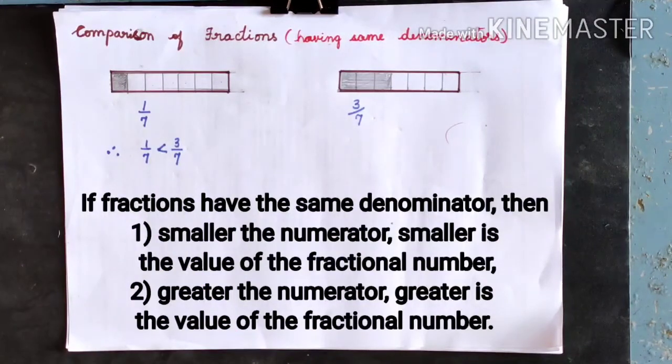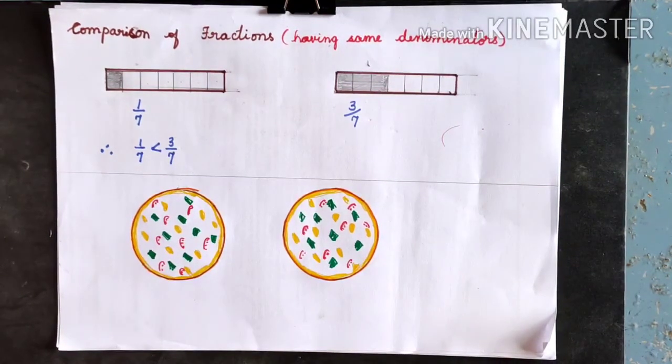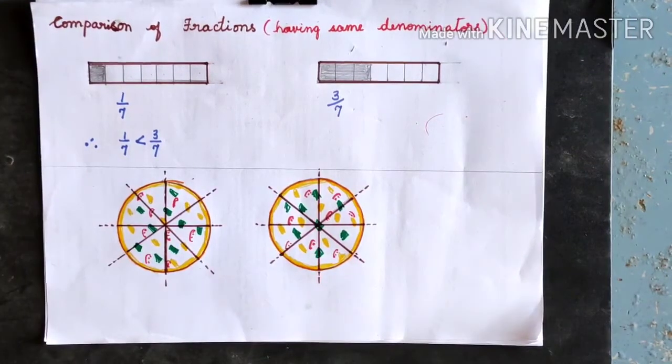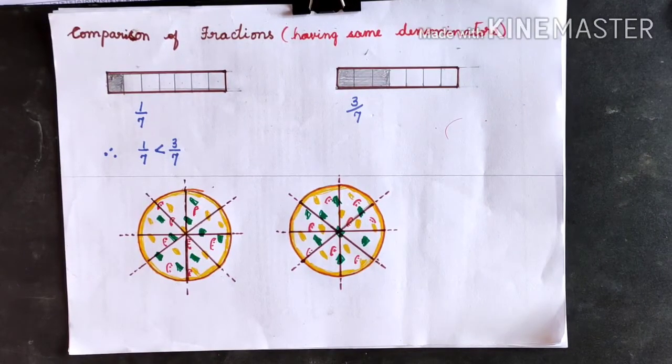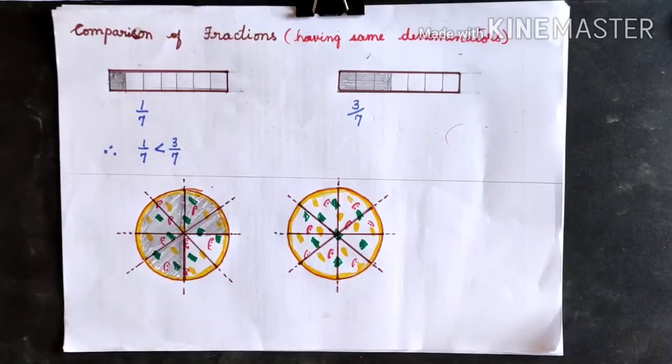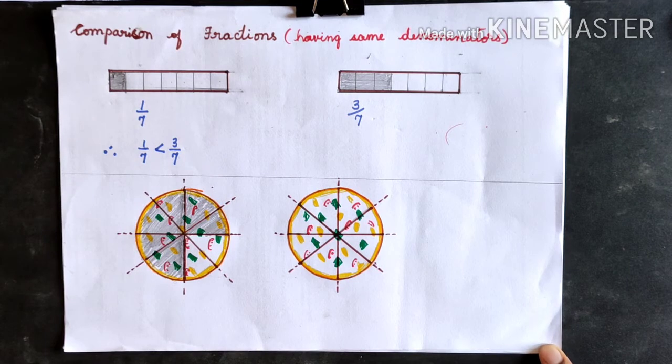Let us see one more example. We see two homemade veg pizzas here. Now we have to divide each pizza into 8 pieces. Now we can see that both the pizzas have been divided into 8 equal parts. Assume that you and your friend are eating the pizzas and you ate 6 pieces out of 8. So how would you write the pieces you have eaten in fraction? It can be written as 6/8.